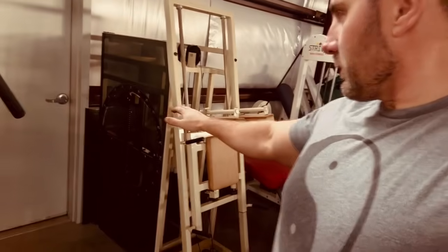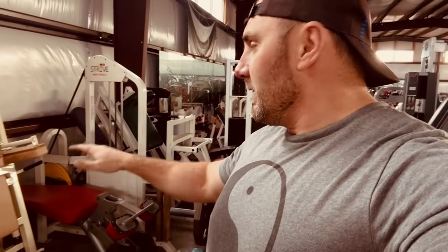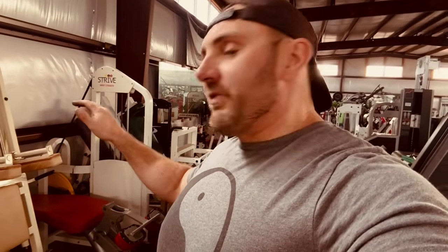You can make it heavy, light, anywhere you want. There's 4 different quadrants. There's a whole science behind how you use this. But this machine, I've just barely learned how to use. I love it for calf raises, and I love it for step-ups especially, but it works great with the squat. The one issue with the machine is you have to start at the bottom position. That's the only problem. But probably my favorite machine to do calf raises on and to do one-legged step-ups,